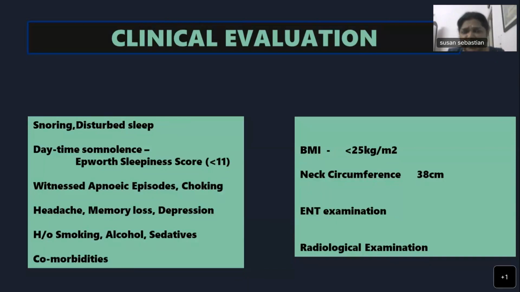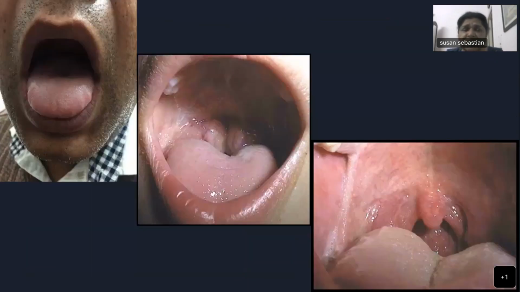What all do you do in the ENT examination? First of all, ask the patient to open the mouth and you see the tongue. See the tongue in this patient. It's a large tongue, and you can see the indentations of the teeth on the side. That just shows that it's too large a tongue for this mouth, so it could be a sign of macroglossia. Then you look at the tonsil. It's almost in the middle, effectively obstructing the airway. And then you look at the palate.